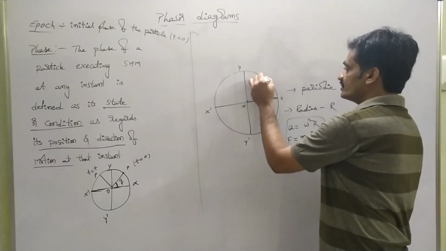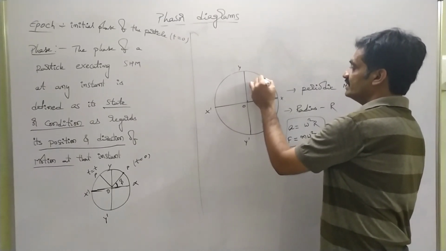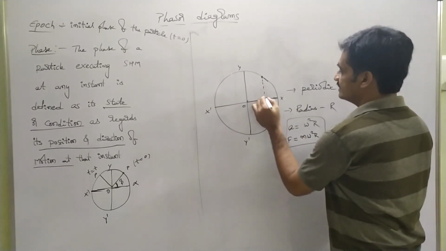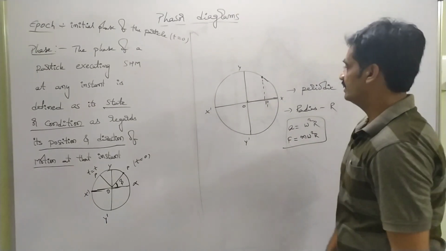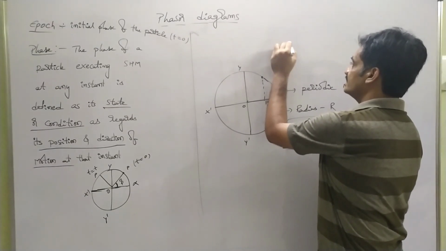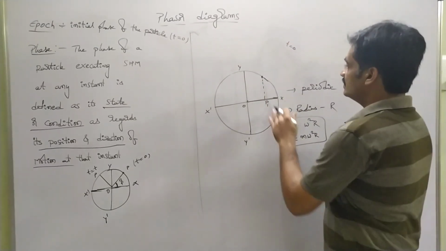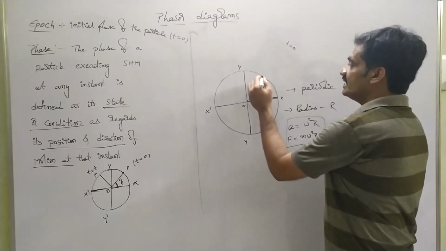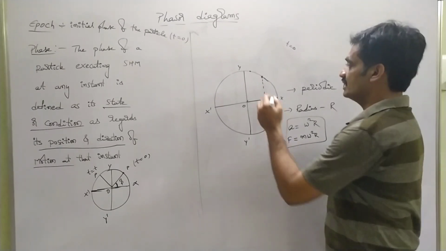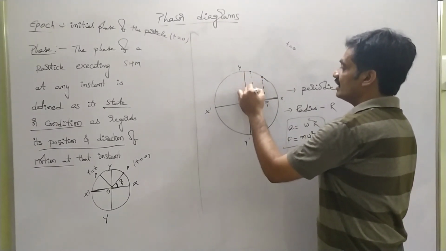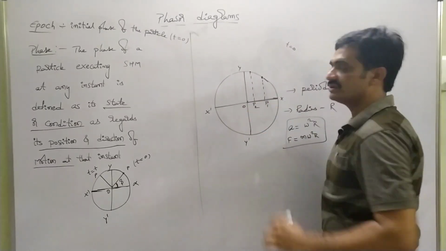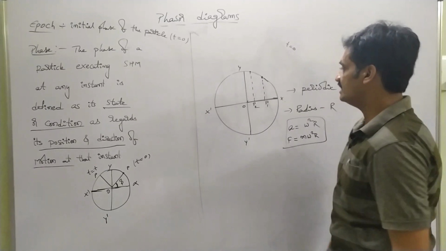here if we project a line from this point onto the x-axis, we consider it as P1. Next, after a time t, here the initial position of the particle is represented with time t equals 0, so it has gained some time. After that, again if the particle moves in the upward direction, let us consider the particle has reached this position. Now if we project a line onto the XOX' diameter, the coinciding point is represented as P2.